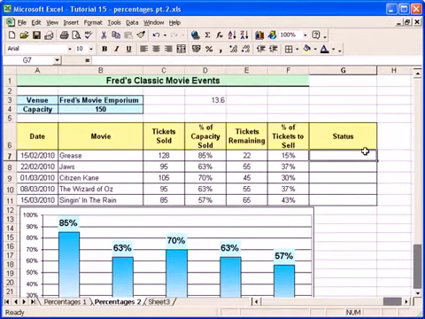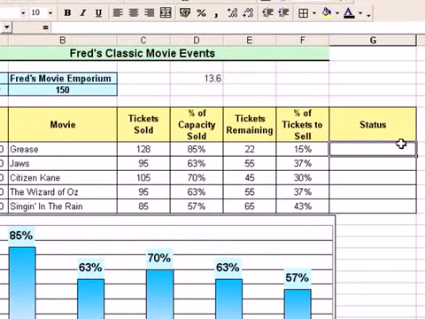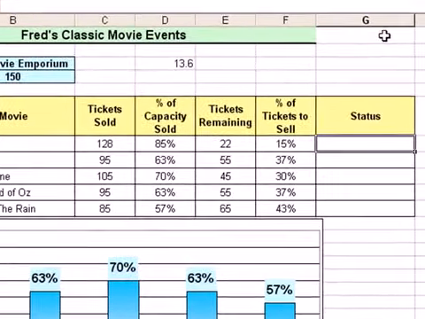Okay, I'll show you one more example, and if I go to another spreadsheet, and this is one you'll have seen if you watched the percentages video previously, I've added a column onto this particular spreadsheet, and this is the one where Fred's doing his movie events. And all I want to do here is have a simple message appear to indicate if the film has been sold out or not. Okay, so I've added a column here, the status column, and so I'm going to go to the first cell underneath that. I'm going to create the function. So again, equals, type if on the keyboard,